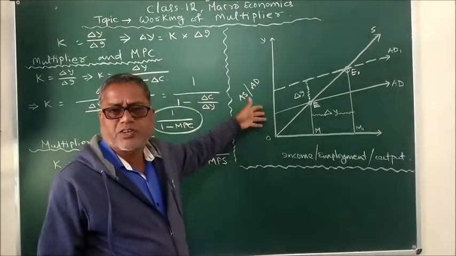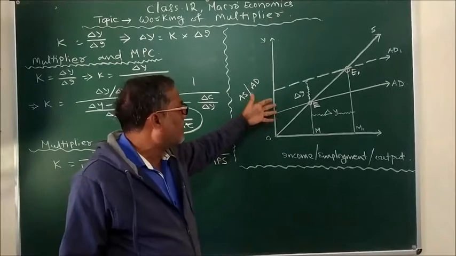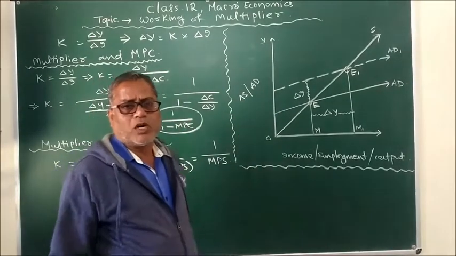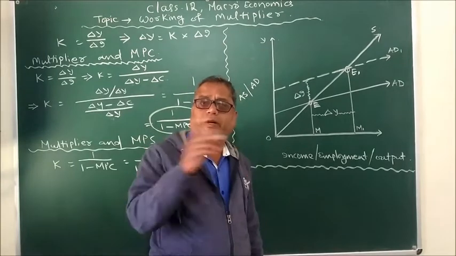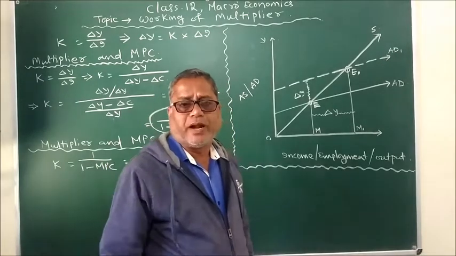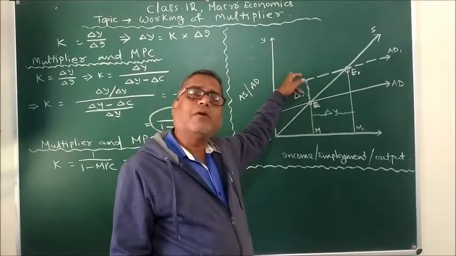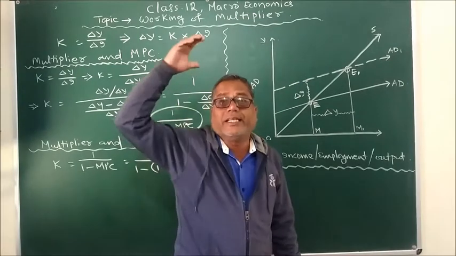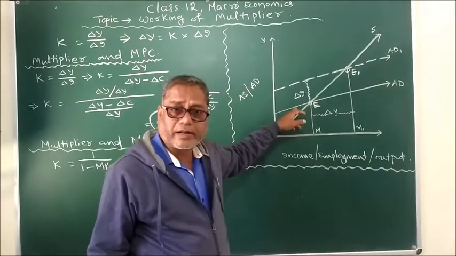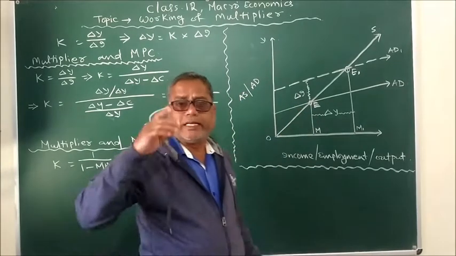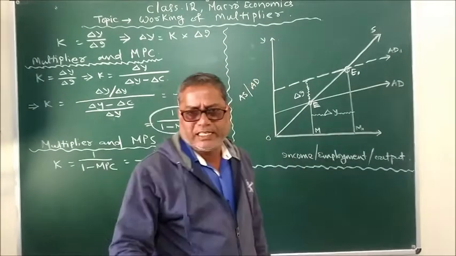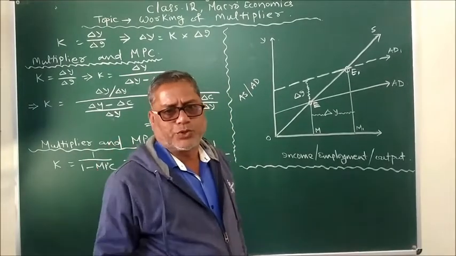So the same here in this diagram, we have explained the working of multiplier. And see students, multiplier can work in two different ways, because when we are making positive investment, that is the forward working of multiplier, and when we are making disinvestment, the opposite of investment, then the multiplier can work backward. Means if we increase investment, then income is generated, and when we decrease investment, income is reduced.